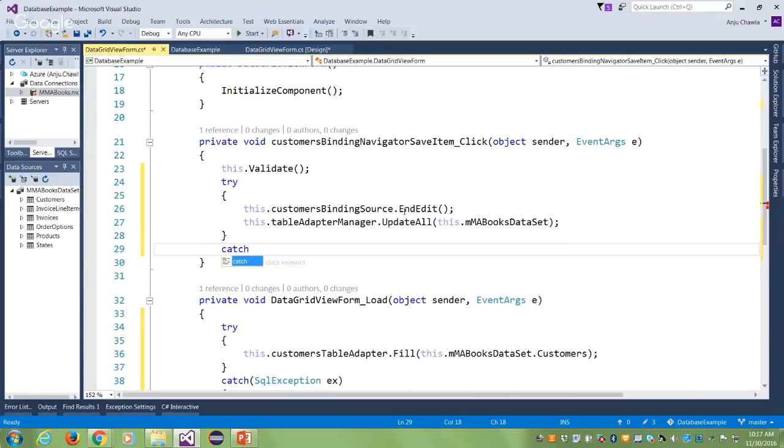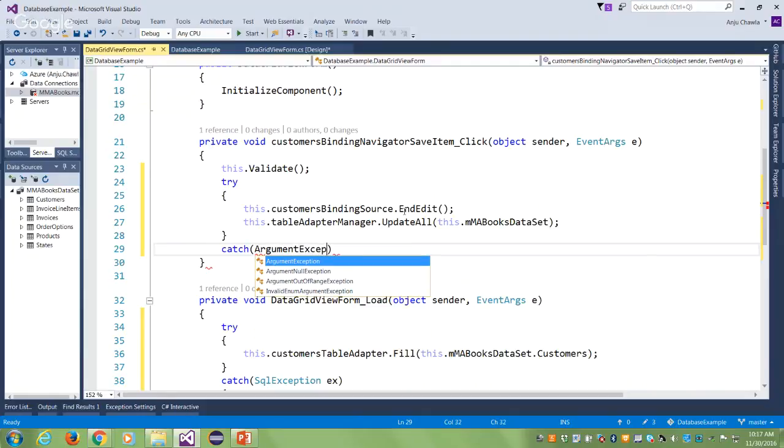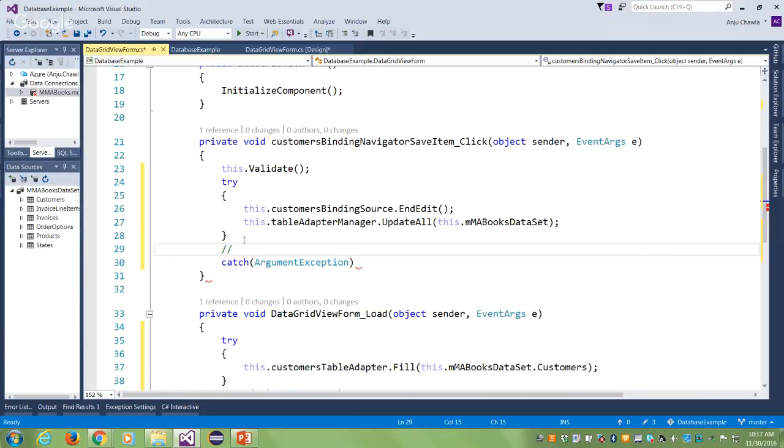Remember it had 4 or 5. You can do all of them if you like. There was an argument exception. I can't remember all of them, but there were 5. I can go back and look at them. So there was an argument exception. So when will this be caught? If you want to keep a note for yourself, when will this happen? When will I have an argument exception? If the maximum length of a column, it's just an example, a value that's beyond the maximum length. So you're trying to, and I'll show you